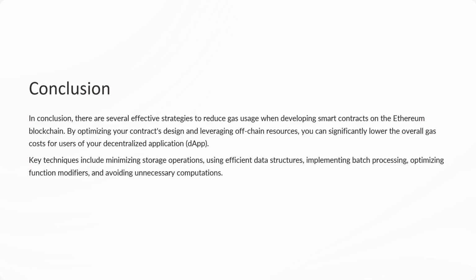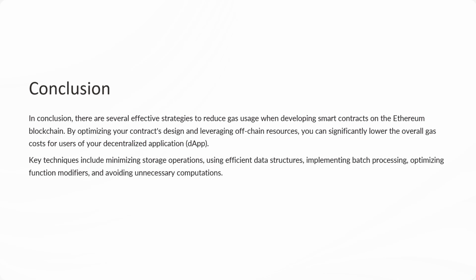Let us now conclude this lecture with a short summary. There are several effective strategies to reduce gas usage when developing smart contracts on the Ethereum blockchain. By optimizing your contract's design and leveraging off-chain resources, you can significantly lower the overall gas cost for users of your decentralized application. Key techniques include minimizing storage operations, using efficient data structures, implementing batch processing, optimizing function modifiers, and